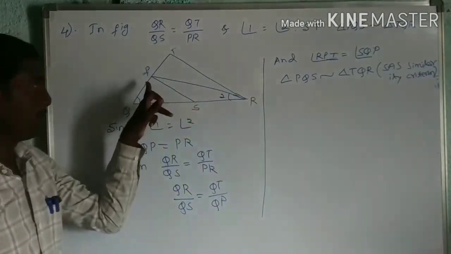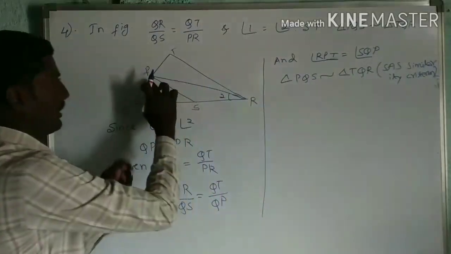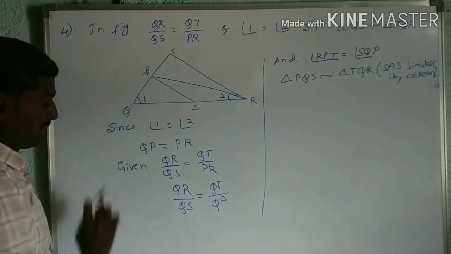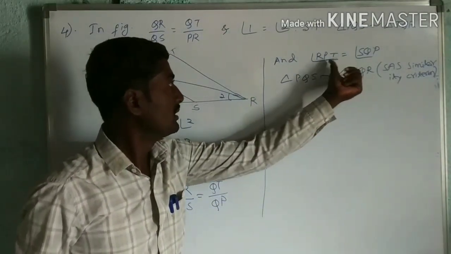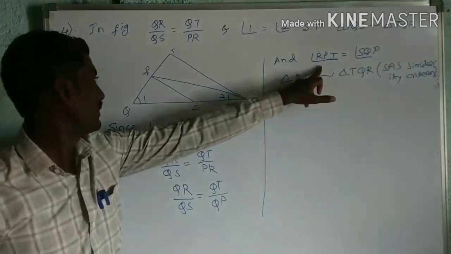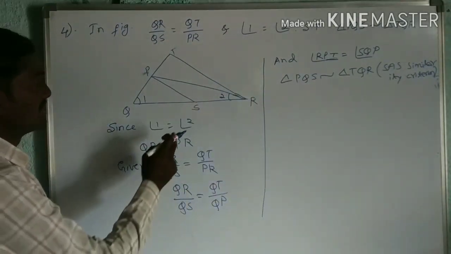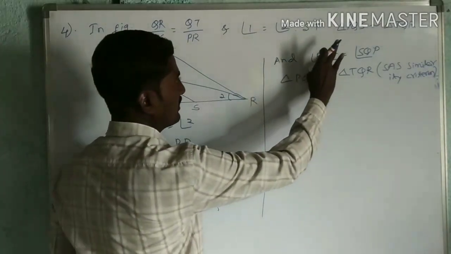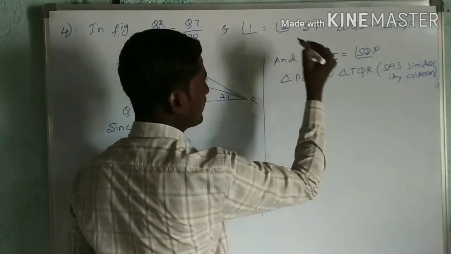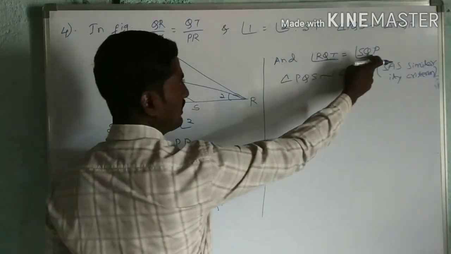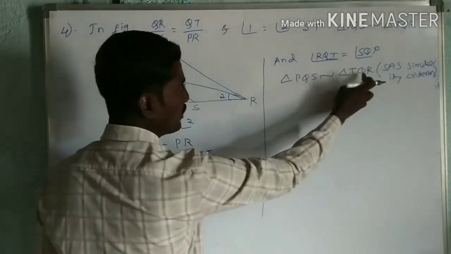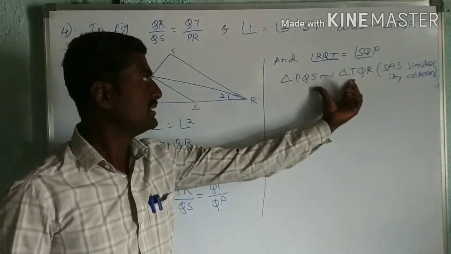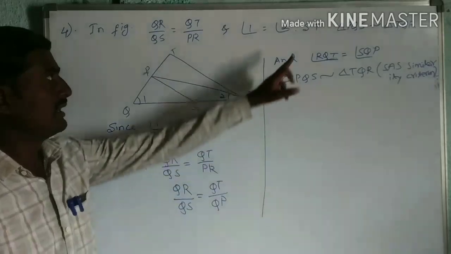Now for the angle P, there must be T. So angle P, angle T. For angle Q, I must write angle Q, because I wrote it here. Oh, I wrote it wrong. Here it is not P, it should be Q. So for the angle Q, both are equal, so I have taken Q, Q. Because of the SAS similarity criterion, these two triangles are similar. Hence you proved it.